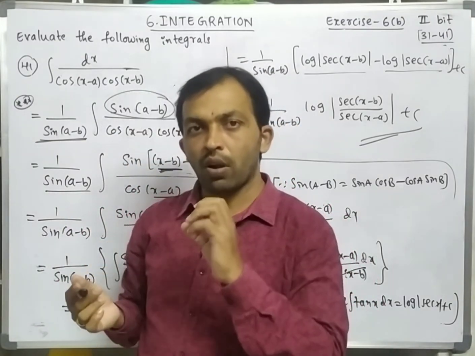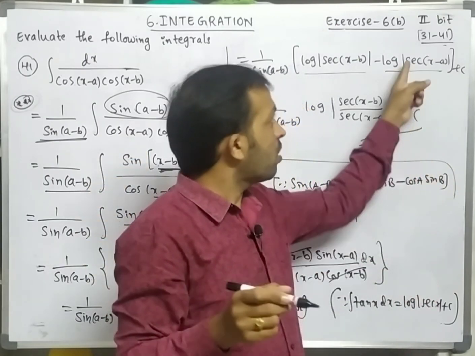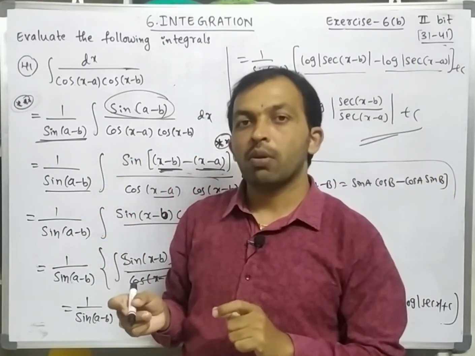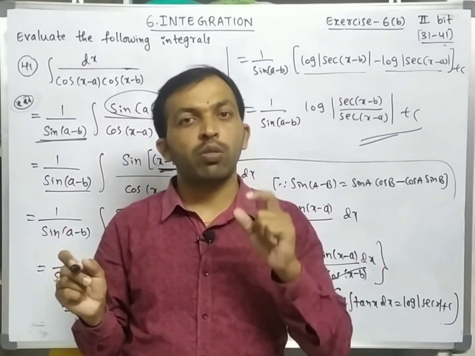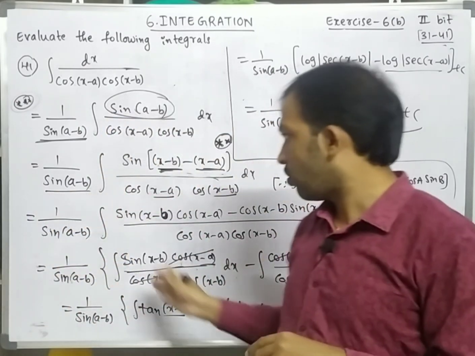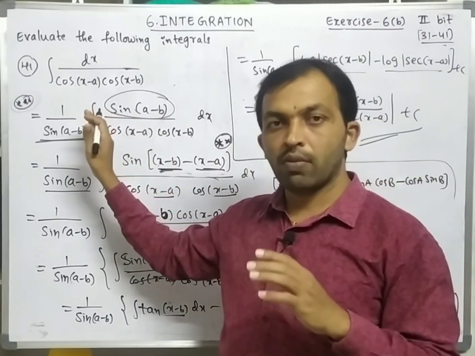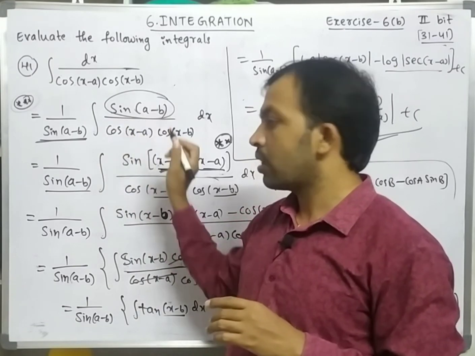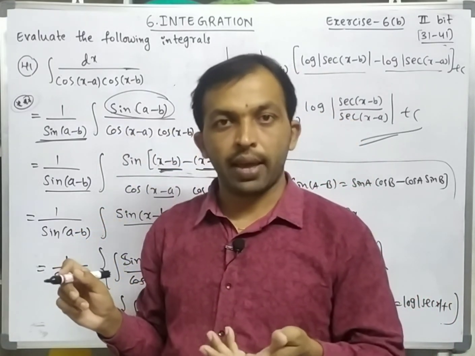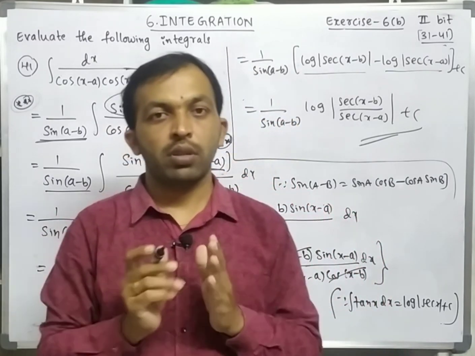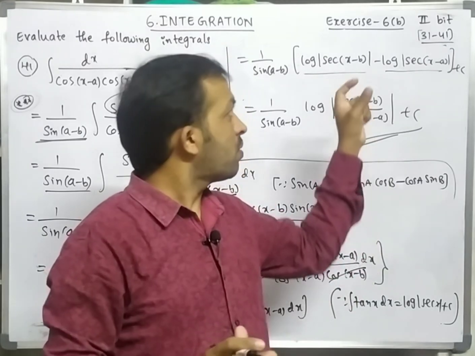Okay, so these are the important problems, somewhat difficult. We have to concentrate on 1 or 2 steps like this in problems 31 to 41. In each problem we have some important steps, so do practice those important steps only. The remaining we can solve, but this step is very important. In each and every problem we have one important step like this, so practice those steps 2-3 times extra. These are the problems of exercise 6b second bit from 31 to 41.